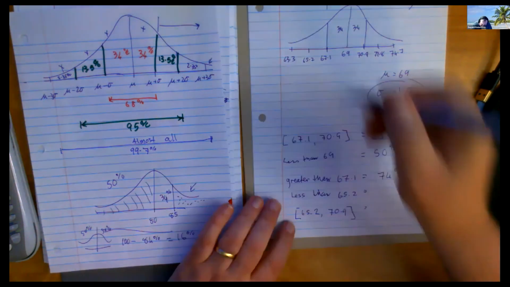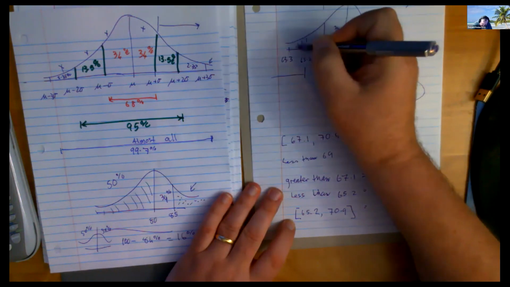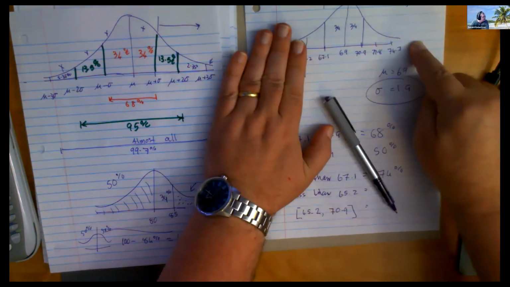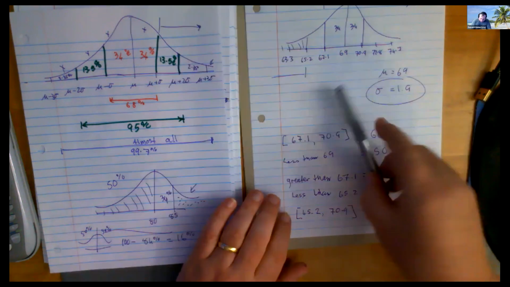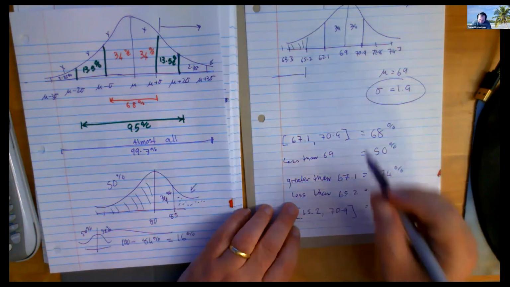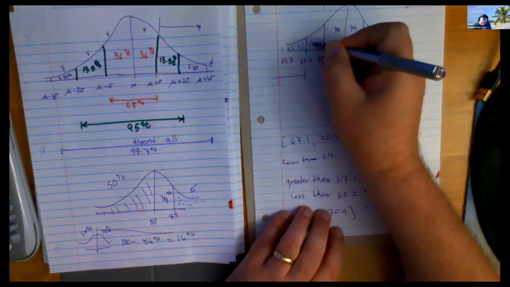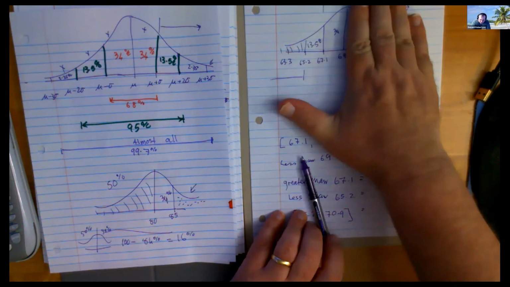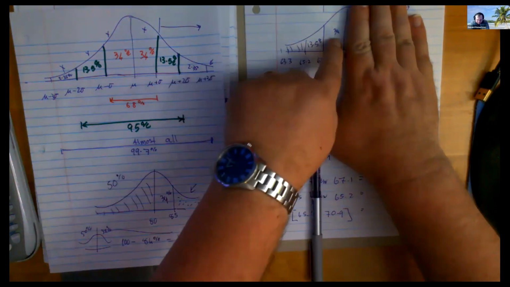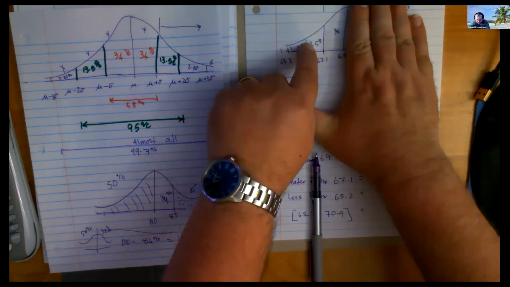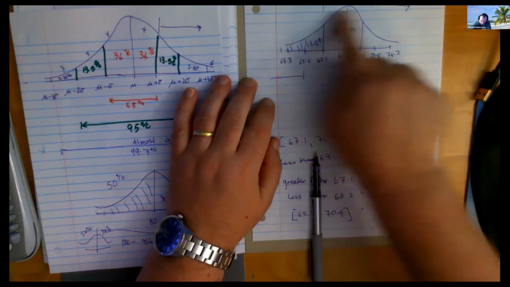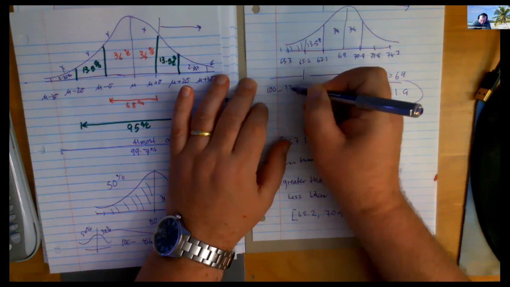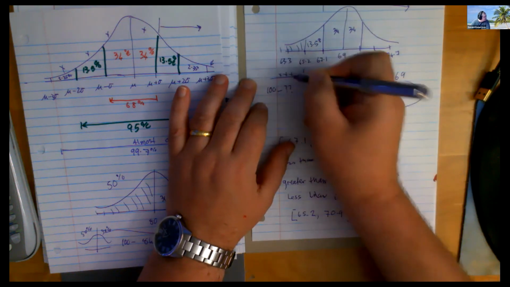How about less than 62.5, which is basically going to be this? Wouldn't it be better to find this side and then take away from 100? So what percentage is less than 65.2? Well, let's see what we have. Now, that whole chunk that I'm covering up with my hand is 50. Then you've got this piece, then you've got this piece, right? So if I add up everything going this way, then 100 take away this number. Won't that be the guy I'm really after?